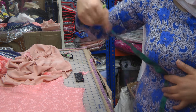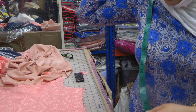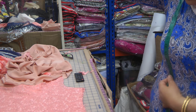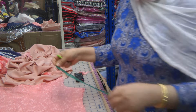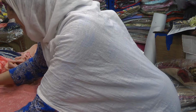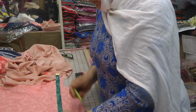So what I want to do is just measure mine with the top of, so it's round about here, and this is where I want to, and believe it or not, this is quite low. Generally where the Asian tailors, this is where the biggest mistake is, about 17 inches. So the biggest mistake that they make is they fit the kameez out in the wrong place. So I'm just going to leave a mark on the 17-inch below area,